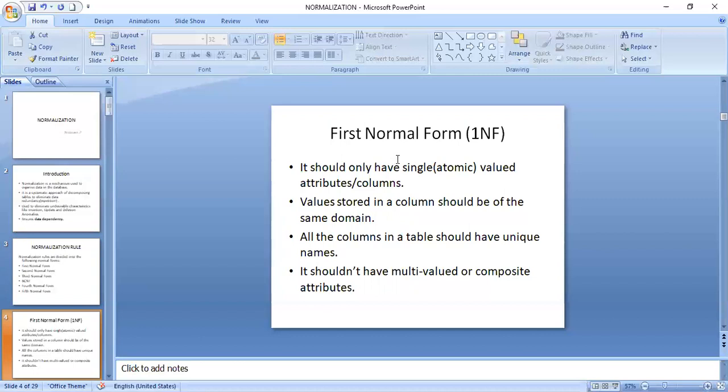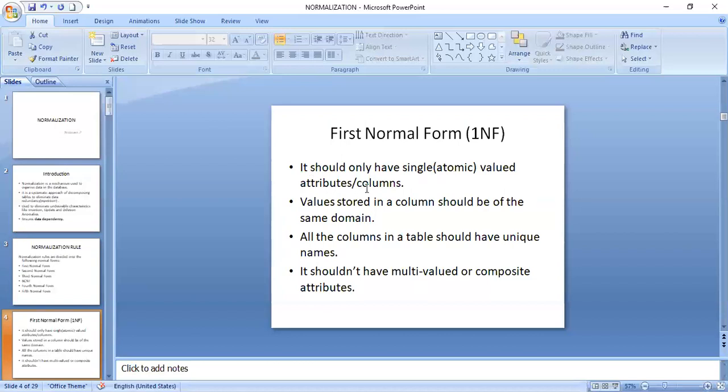The very first rule is that in 1NF, it should only have single valued attributes or columns. That is nothing but atomic valued attributes or columns. When you say atomic value, it means that you should have only unique values for both the attributes as well as columns.